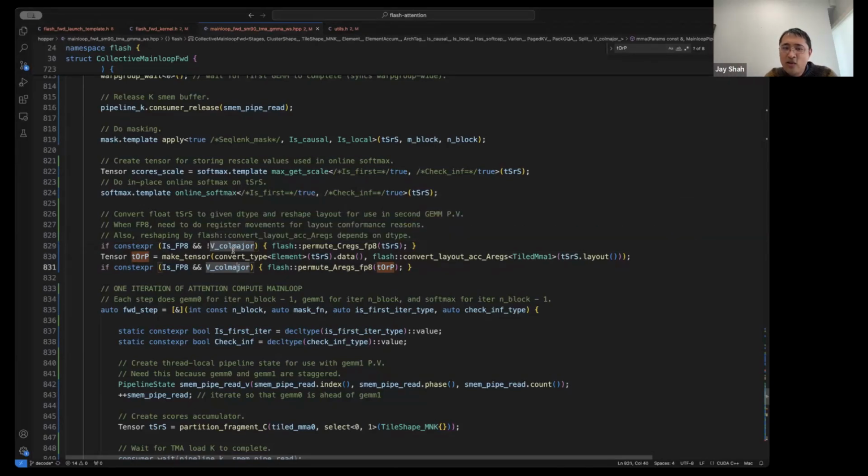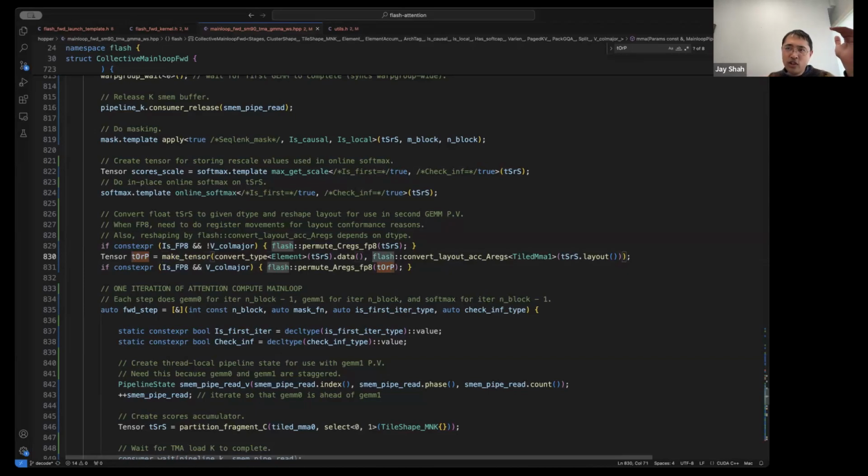So that's why I have these two separate methods here. But apart from FP8, I have tensor TORP, which is going to be my operand A for the second gem. It's going to be a register-backed tensor, which points to TSRS after I convert it, but with a different layout.